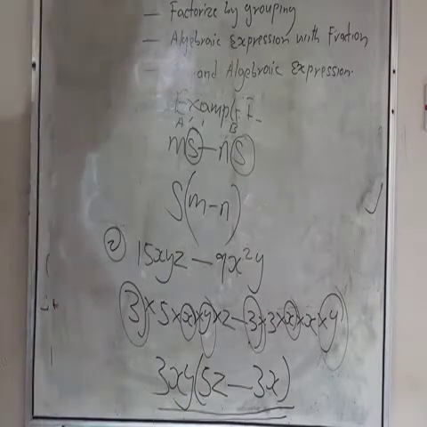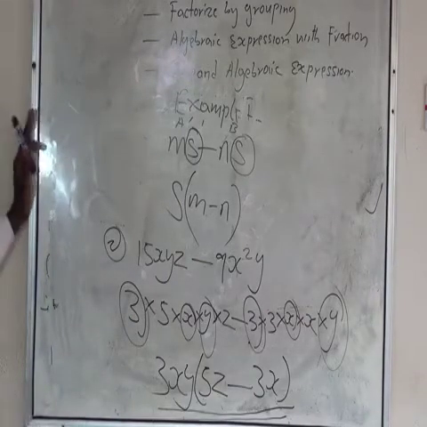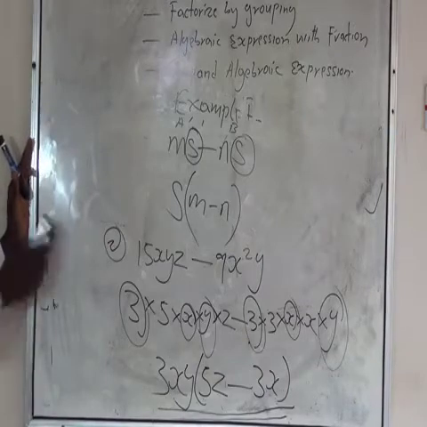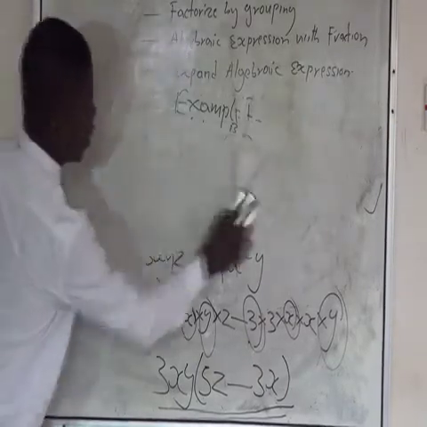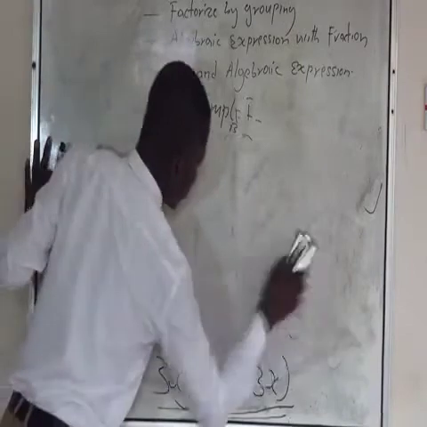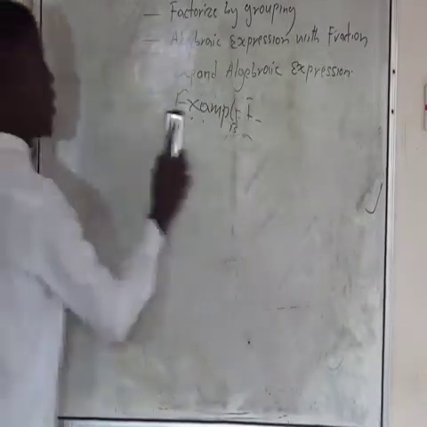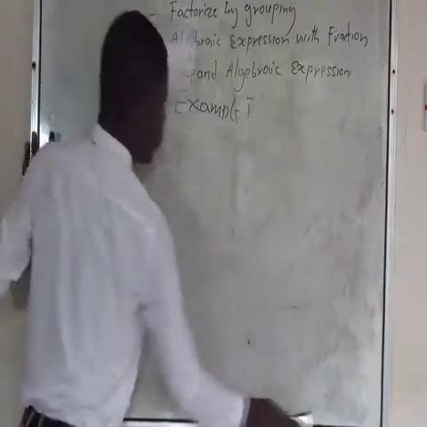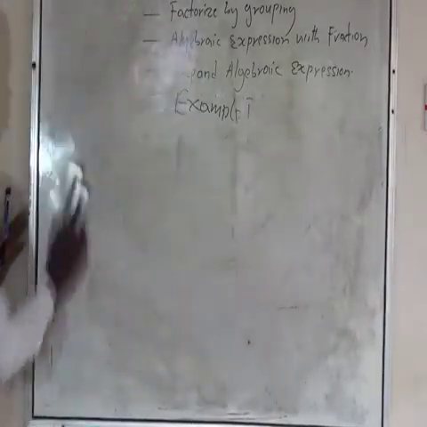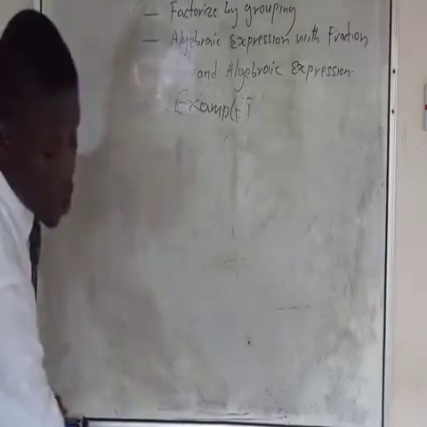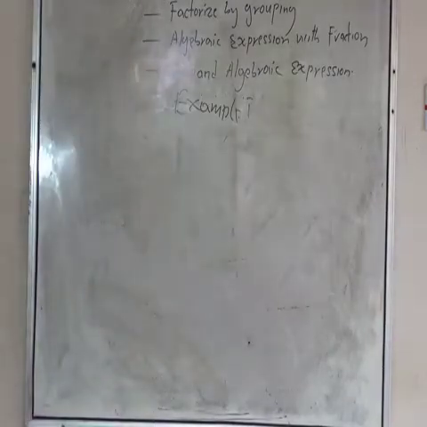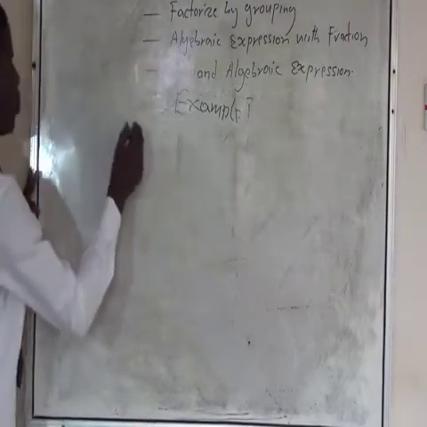The next subtopic: factorization by grouping. We are going to group according to their father's house. The ones that are common to each other, we group together. The ones that are not common to each other, they will stay on their own. Example 1. I have am